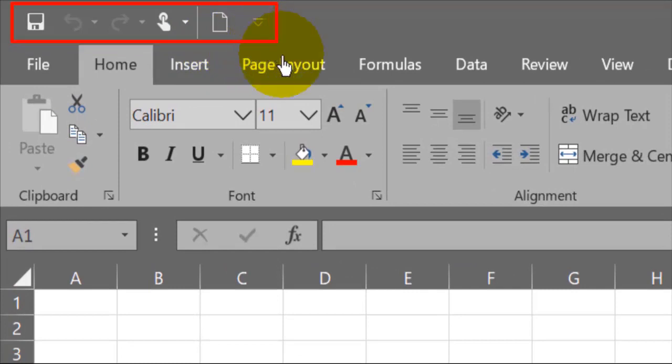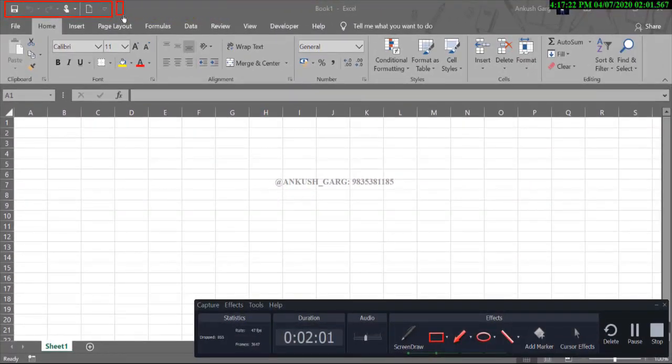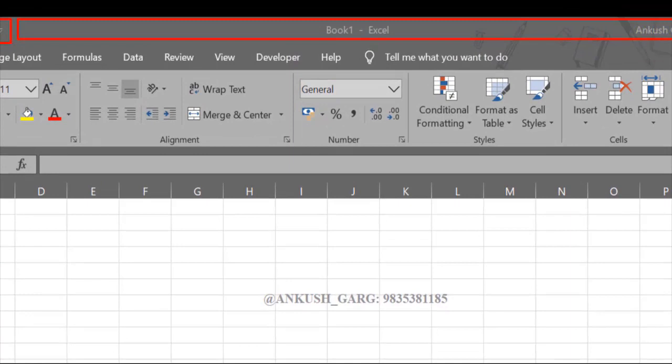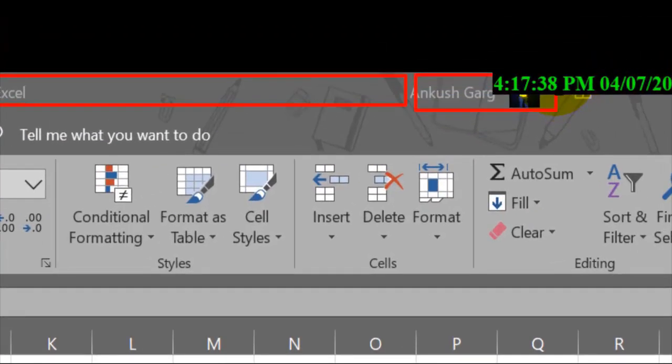Look here. This area represents the customize quick access toolbar. It is called the customize quick access toolbar. I just gave the basic name. This area is known as the title bar. If you are using the latest version and are registered or active through a Microsoft account, your name and photo ID will display here. This is the customize button, which helps to minimize or maximize the ribbon, and these are